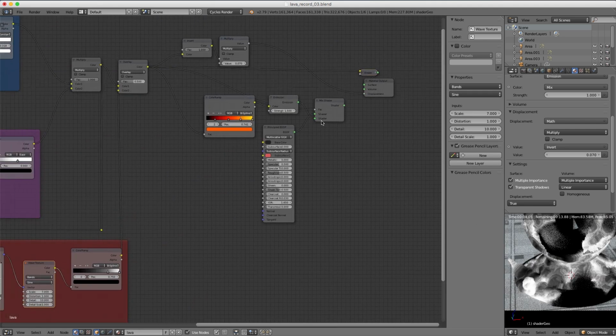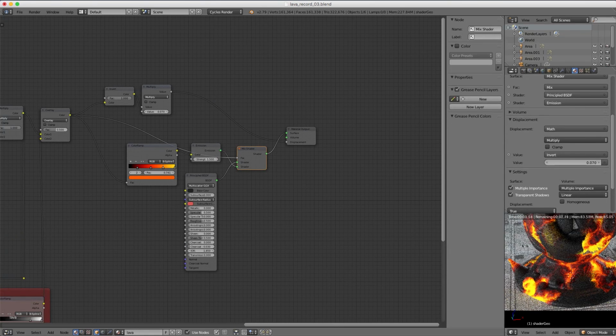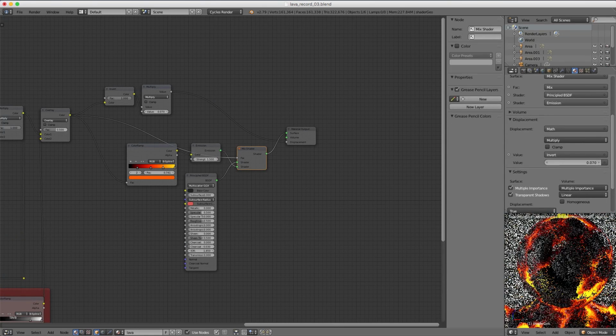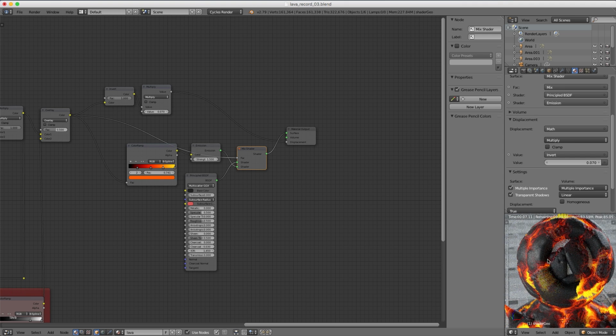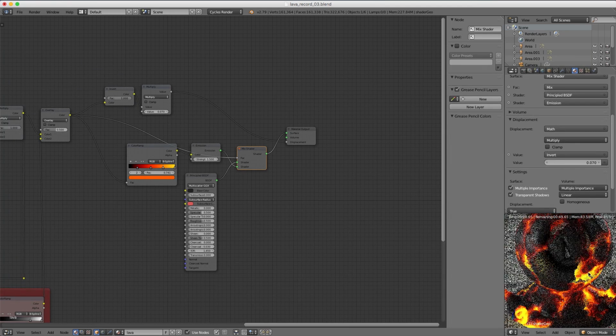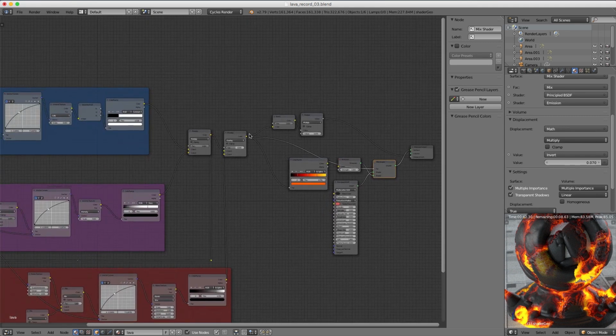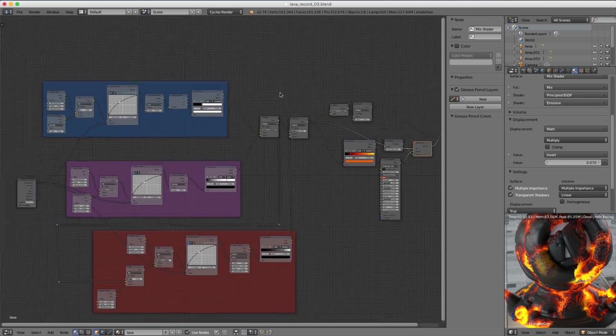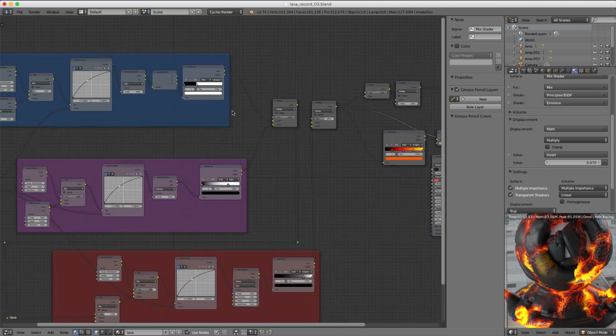And so let's see what the overall material looks like now. In the broader context, it's definitely starting to look like a mixture of our reference images. We've got some nice islands of cooled lava with this wrinkle pattern that's surrounding the islands. And then where it's the hottest, the molten lava, we don't see any wrinkles. And this means we're really close to being finished with this shader, but the last thing we really need to address is making our displacement map really, really nice. And that's going to be the last lesson, but right before we get there, I want to note how easy